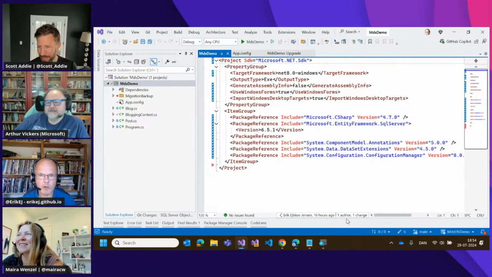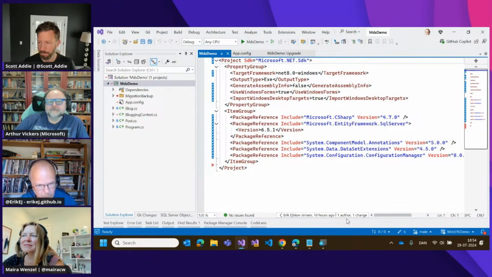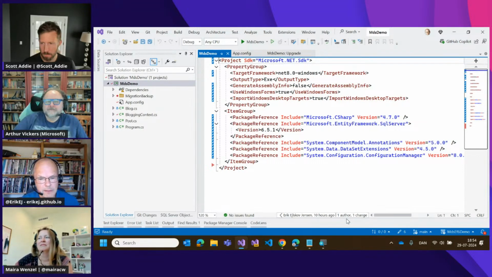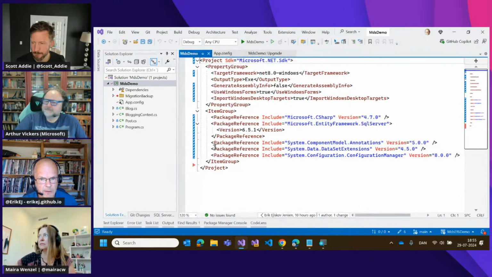Never mind. What we have now is a .NET 8 application, which can connect. I know there's no user interface. We'll leave that story. We have a .NET 8 data access thingy that can run, and it can connect to our Azure SQL database. Hopefully, we'll find out in a few seconds.